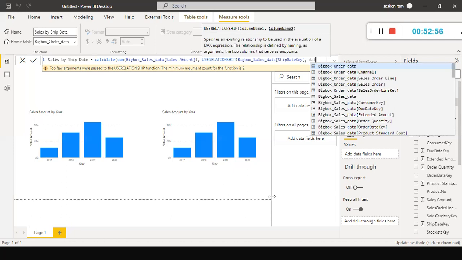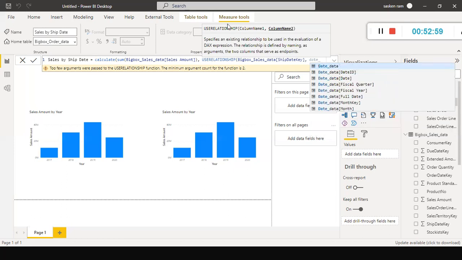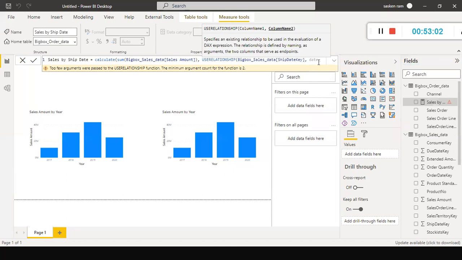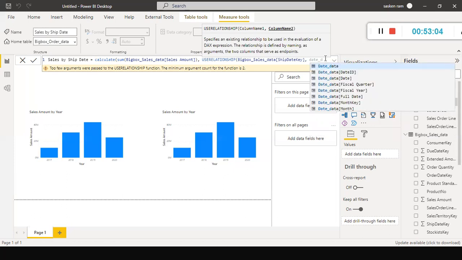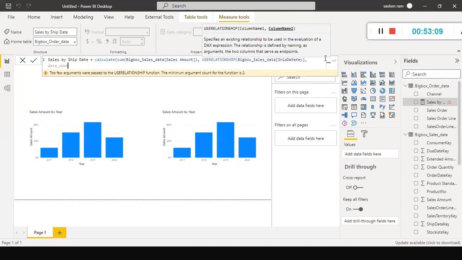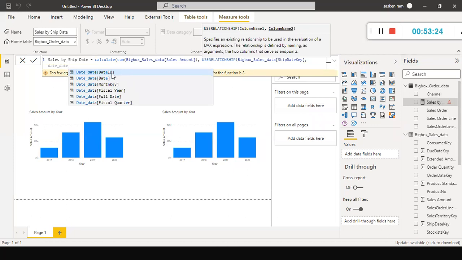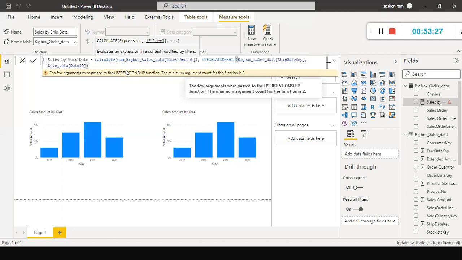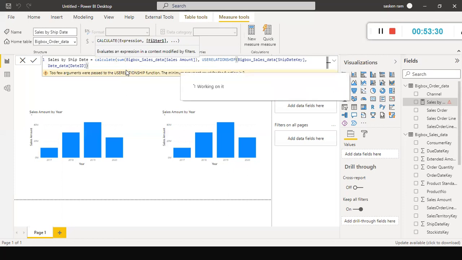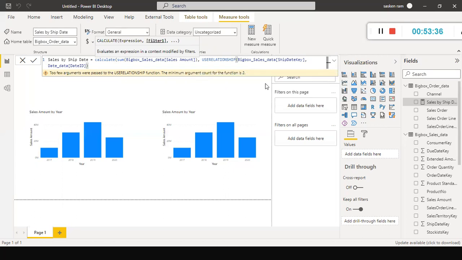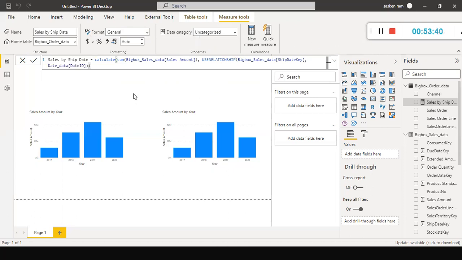See here, you need to link that with the date ID. Look here, now there is no error.